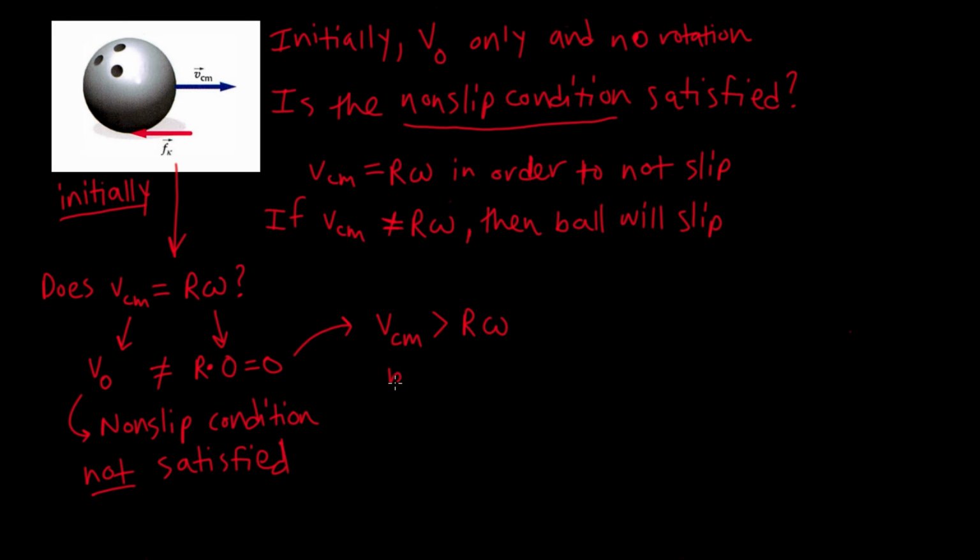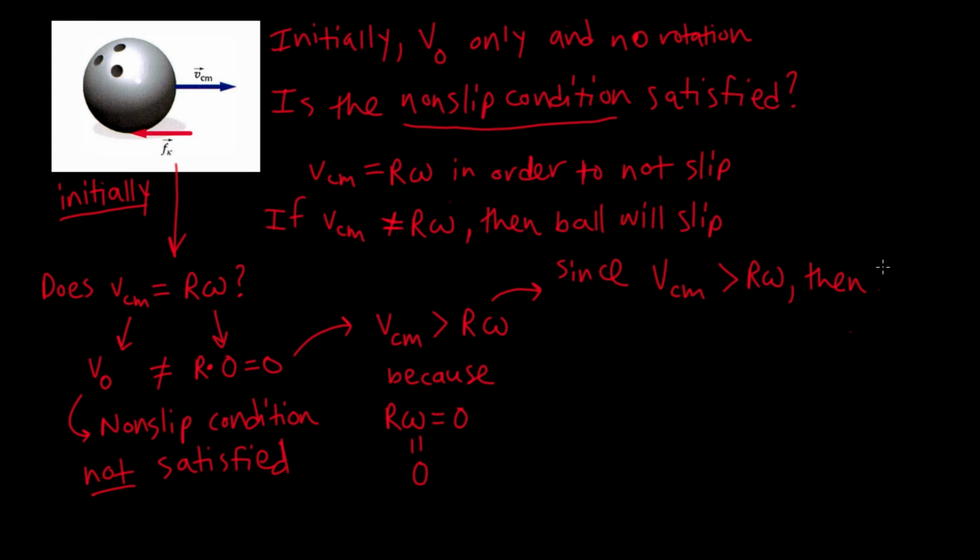Because r times the angular speed is 0, because the initial angular speed is 0, and so the velocity of the center of mass is greater than 0, which is a true statement. And so since the velocity of the center of mass initially is greater than the radius times the angular speed, then what will happen is that,